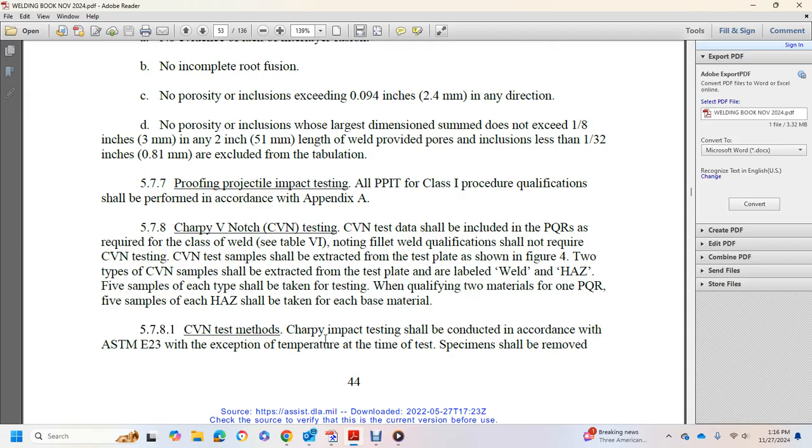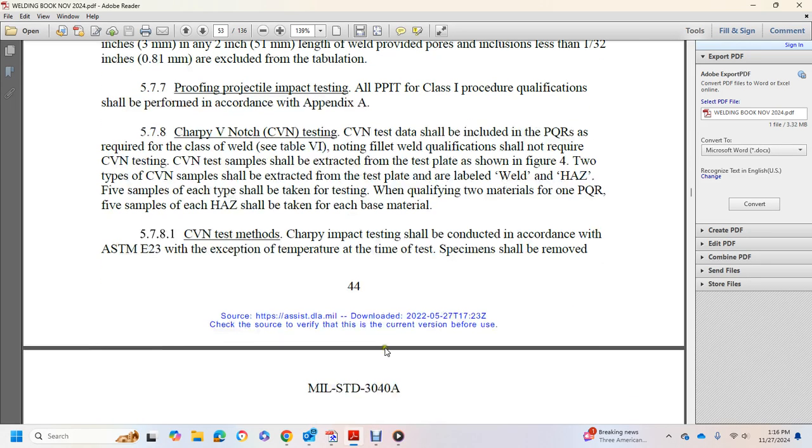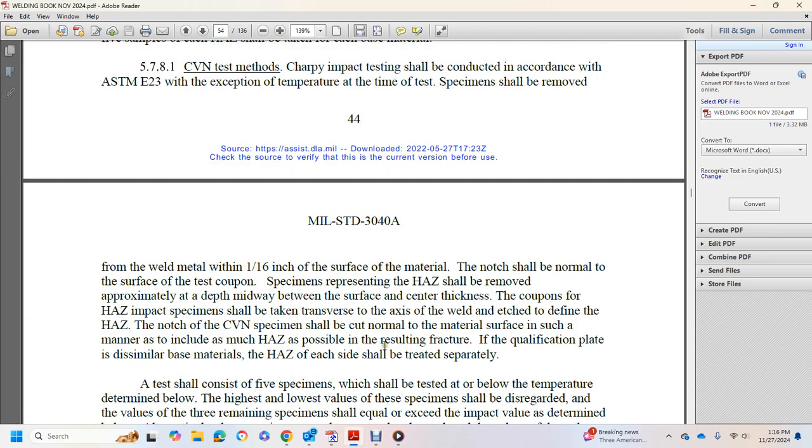the exemption of the temperature over the time test for the sound specimen, and shall be removed within the weld within 1 second, within each surface of the material with the notch normal to the surface of the specimen. The reference of the heat affected zone is removed at approximately the midway depth between the surface of the coupon and the thickness of the coupon with the heat affected zone of the impact